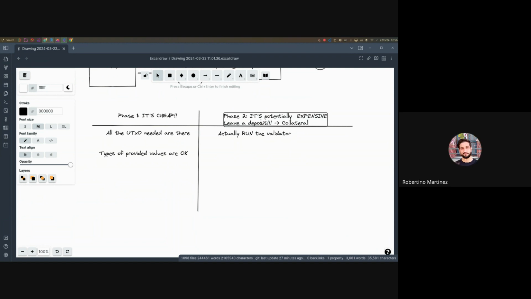So this deposit is called collateral. If phase 2 passes correctly, no one touches your collateral. Your collateral is going to be there in your wallet. But if phase 2